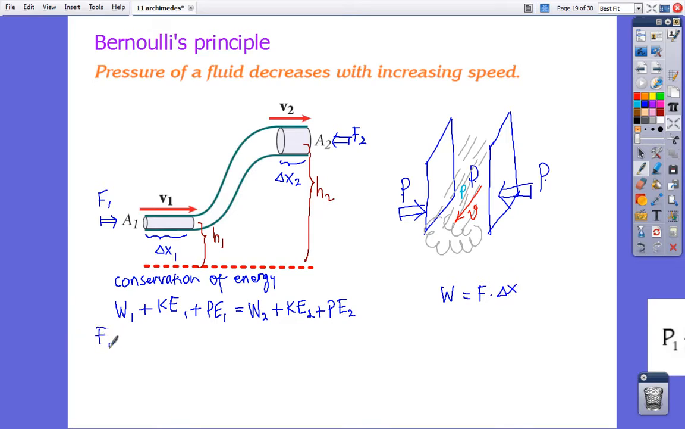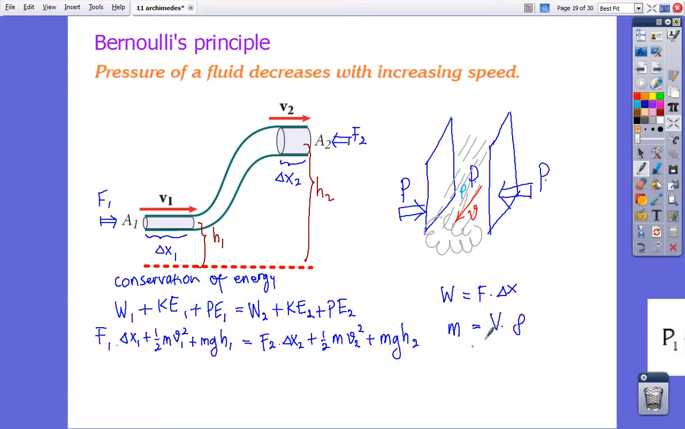So F1 times delta x1 added by kinetic energy, a half mv1 squared, added by mgh1, equal to F2 times delta x2 added by a half mv2 squared, added by mgh2. Well, we can substitute mass with volume times density,